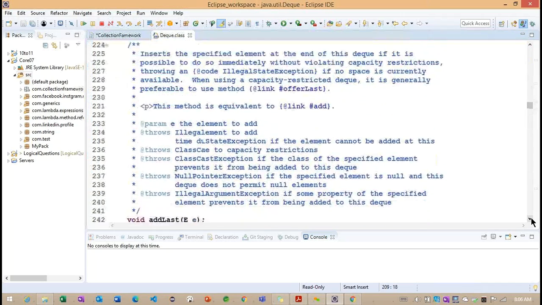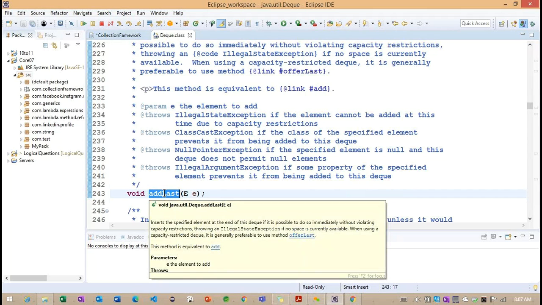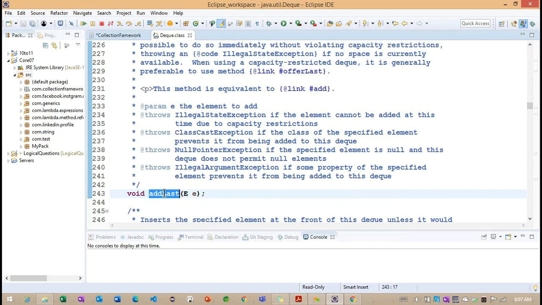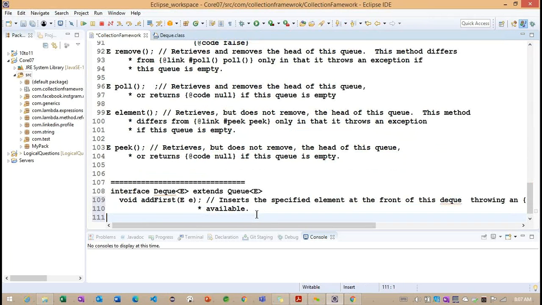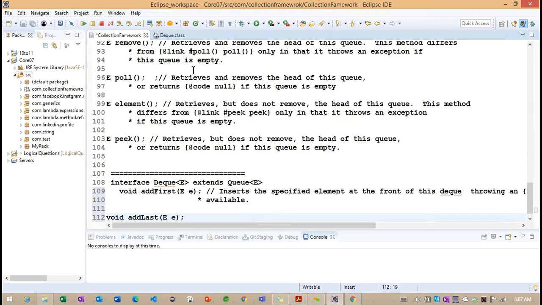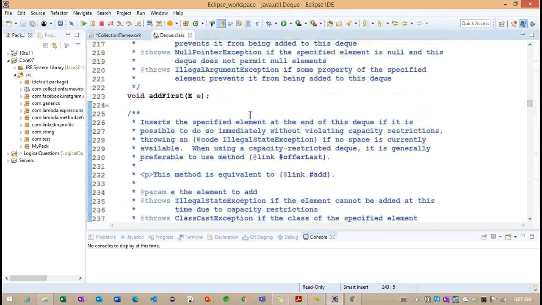Now we need to go for another method, the addLast method. In the same way, the only difference here is that we'll try to add an object to the end of this DQ. Again, it will throw an exception when there is no capacity.